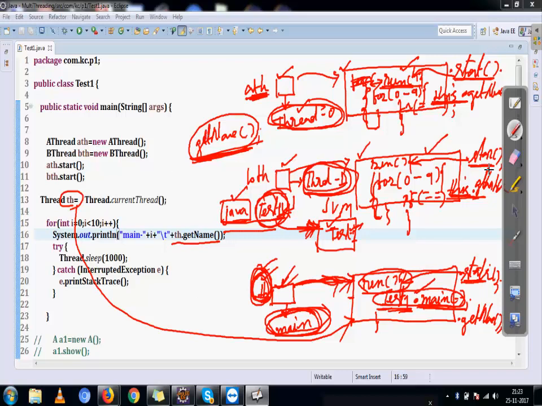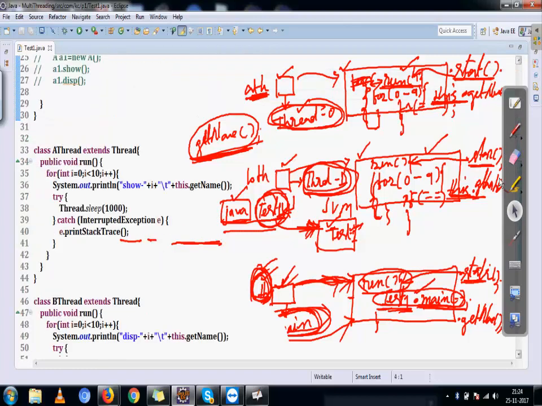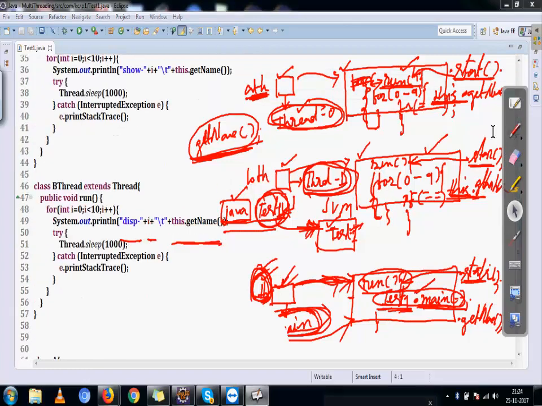Now if I run this, it should give actually main. For this show main, it should give main, right? Now the output should be for this one main I, thread name is main, and for your task, what task you have assigned, for those it is here show I thread 0, disp I thread 1, right? Like this it has to print how many times? Here it is 10 times, here also 10 times, even in main also it is 10 times, right? So this should be the output. Now check once again the output, run it